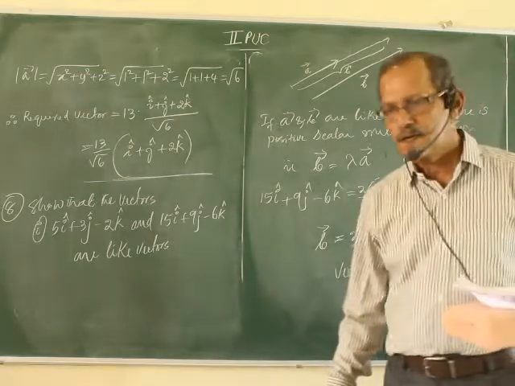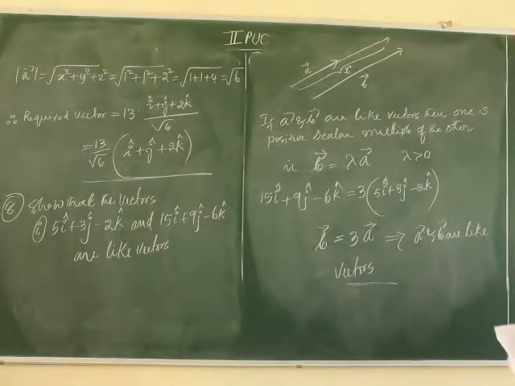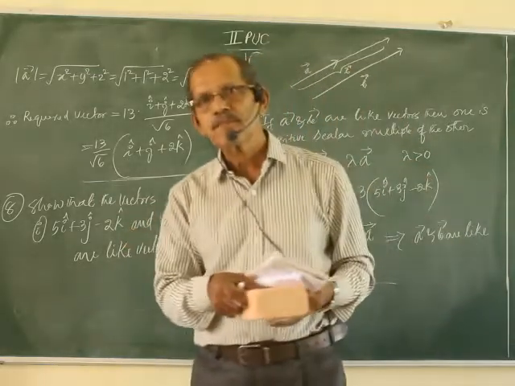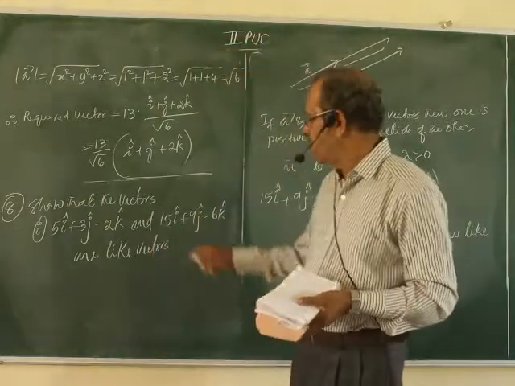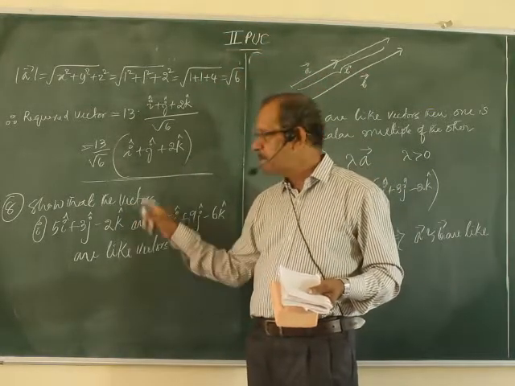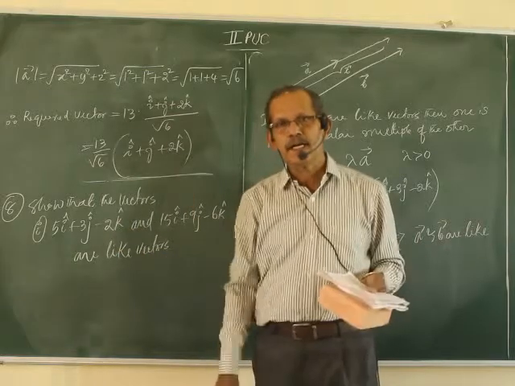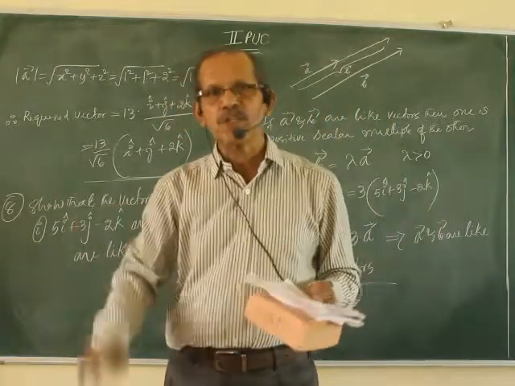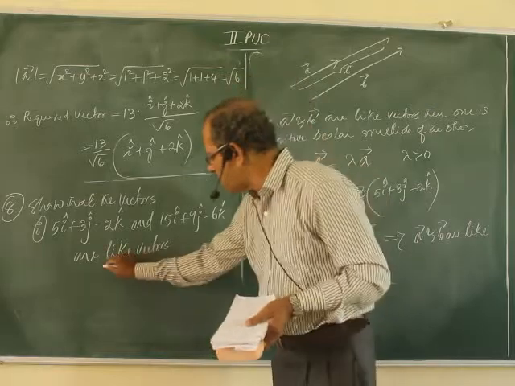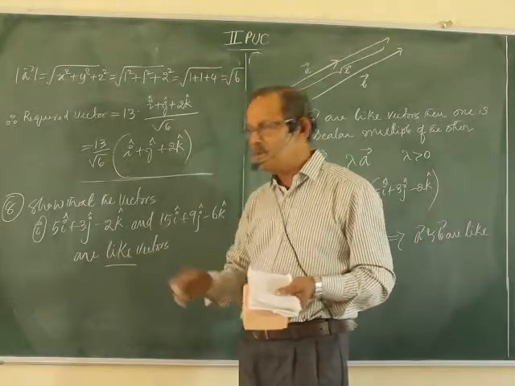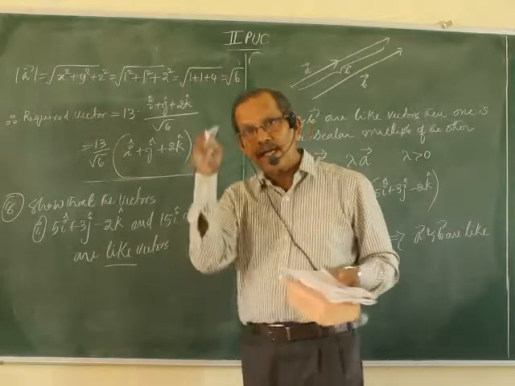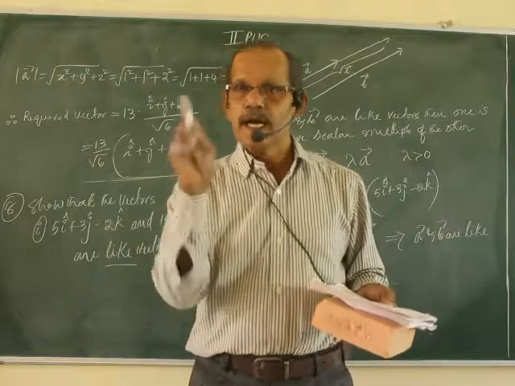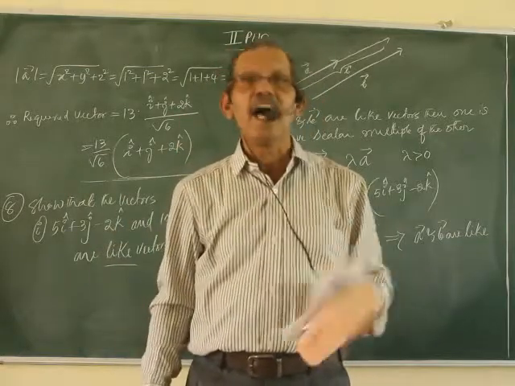Once again, go back and check whether you have understood it clearly. First of all, they are collinear vectors. Collinear vectors means parallel to a single line. They are collinear. In that case, we get two cases: like vectors also collinear, unlike vectors also collinear. Here particularly you must prove it is a like vector. Therefore, even though they are collinear, their direction must be the same. Then only they are like vectors. If the directions are opposite, they are collinear but not like vectors, they are unlike vectors.